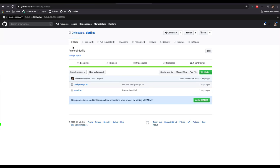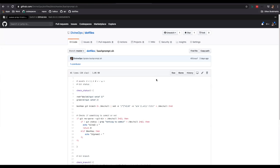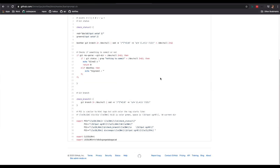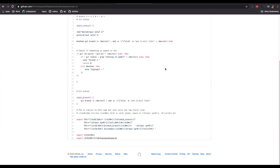Is a public repository called .files. So I have my .files in here, and I have a bash prompt script in here, which configures what my prompt actually looks like. So I have all of my things configured, so which branch I'm looking at and what color, and what comes up as a prompt. So if you have a .files repo, that configuration can come fully with you,